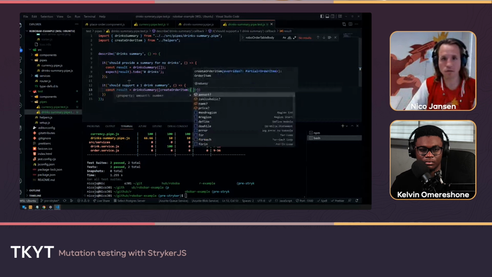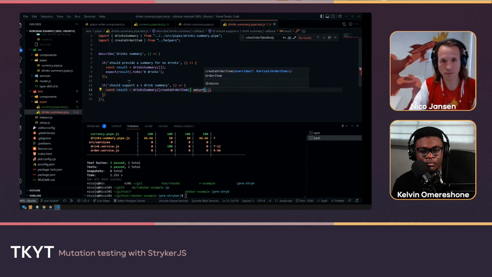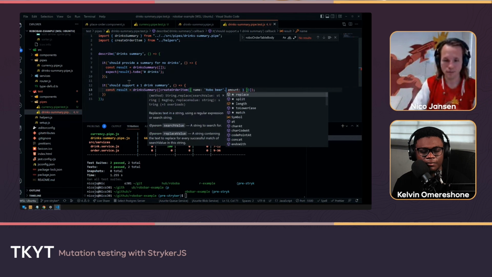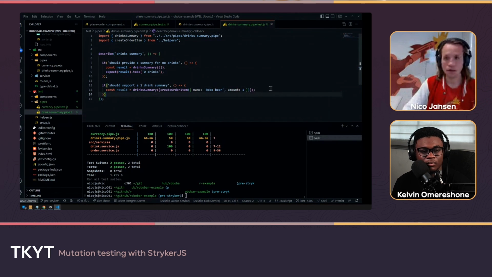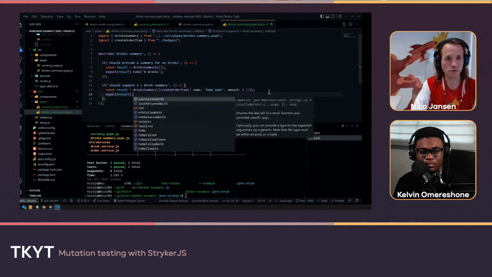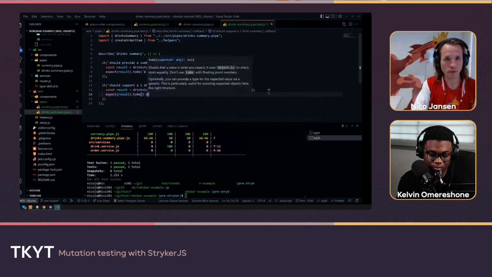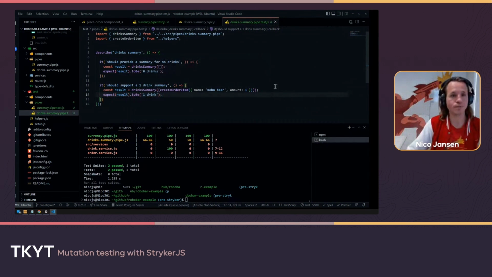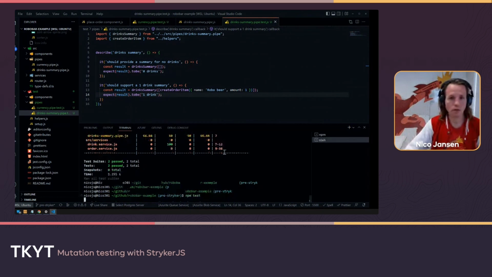And here I can just provide an amount. So let's say it's one, for example, one robo beer. Okay. And now I'm expecting the result to be one drink as a string, like that. And again,